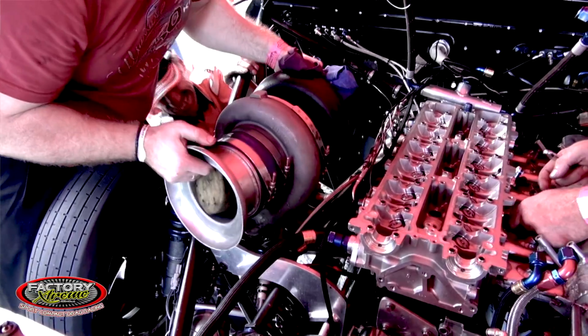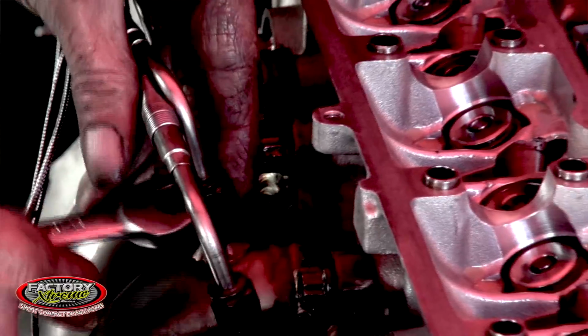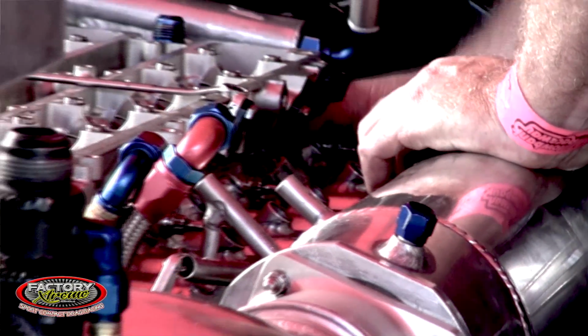Part of our standard maintenance for this weekend was we're intending to do a first run and then do a cylinder head check, checking the tension. We come back to the pits and found the top of the block has decided to exit part of the cylinder blocks. The pass we did yesterday